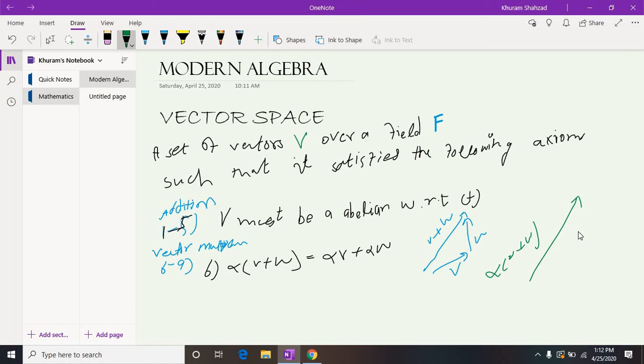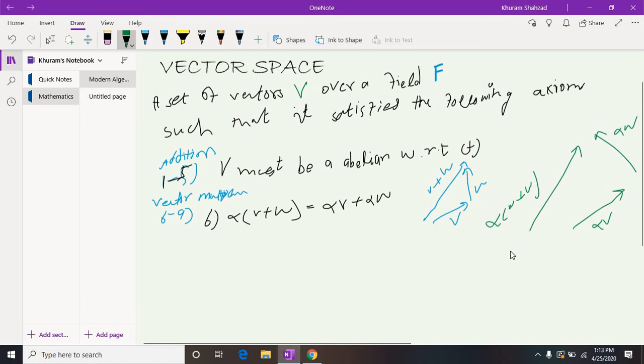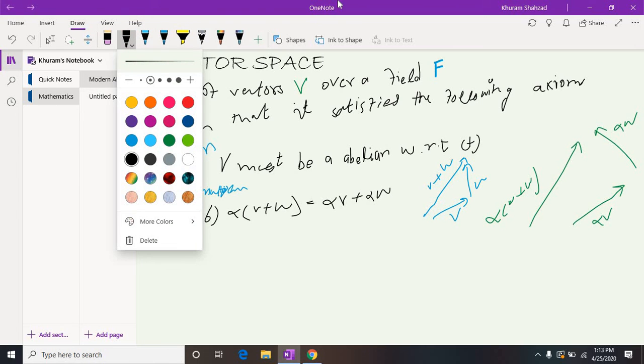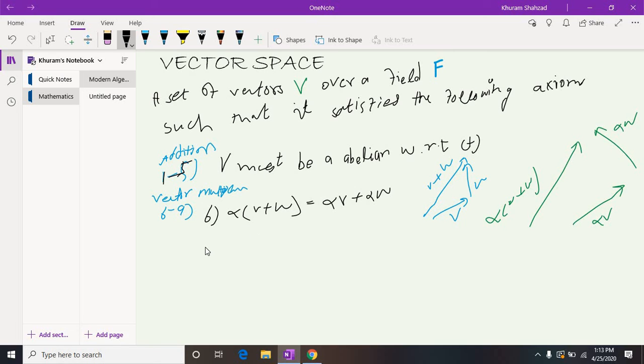Similarly, you can do it by separate multiplication. If you multiply this thing with this, it will result in this thing. And now you can see that this is greater than that, and here it will be like this one. Here, if you separately multiply alpha with W, it has increased the length of this vector. And if you find the resultant of them, you will again get this thing. So this is obvious, this is true, and can be proven by using the laws of vector addition.